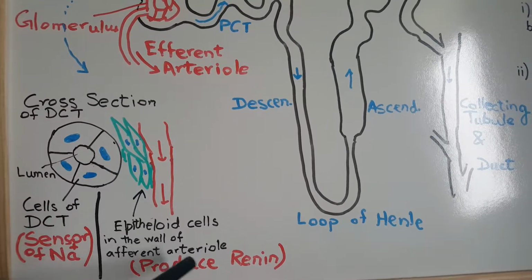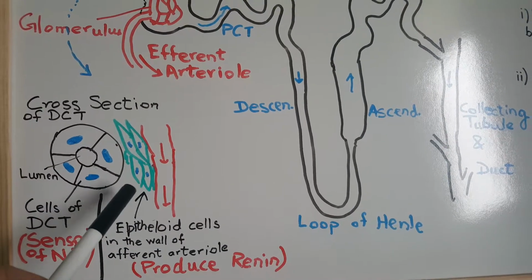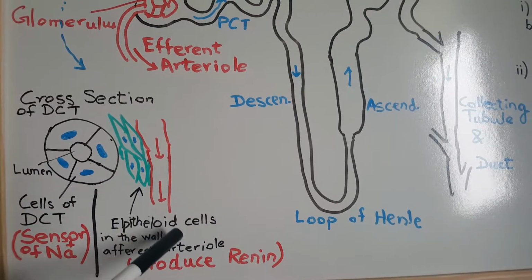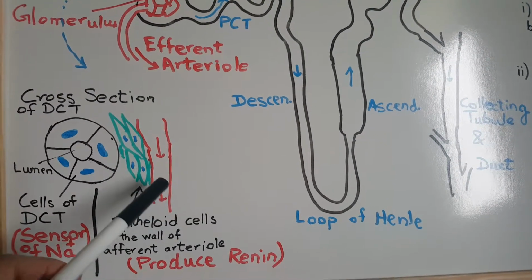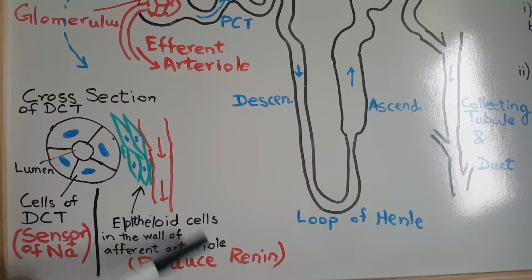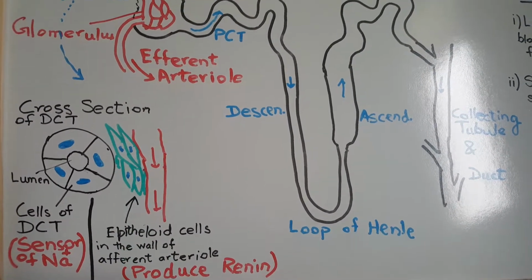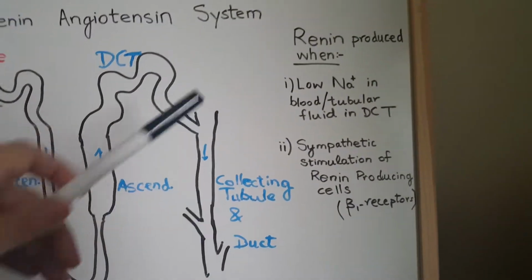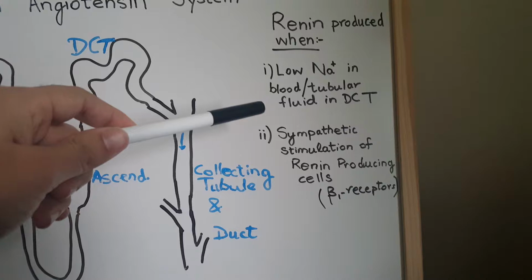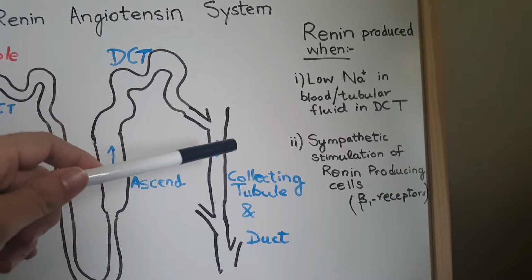Upon stimulation from the distal convoluted tubules, these epithelioid cells produce renin. So, the renin is produced when there is a low sodium level